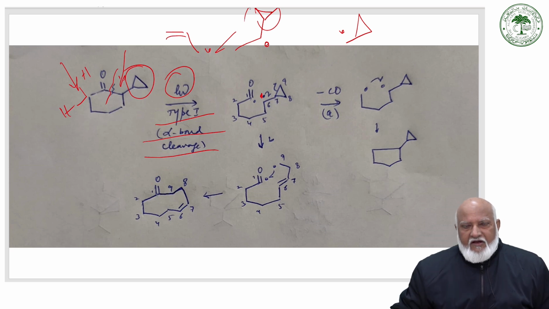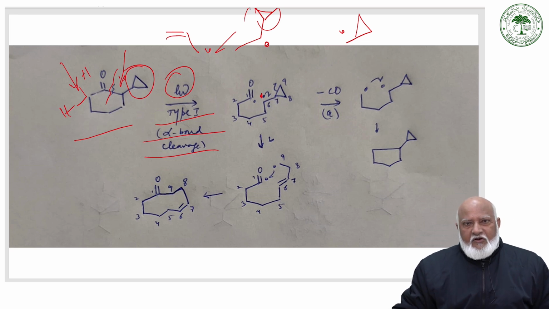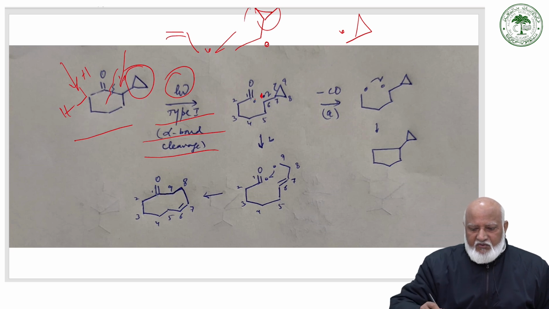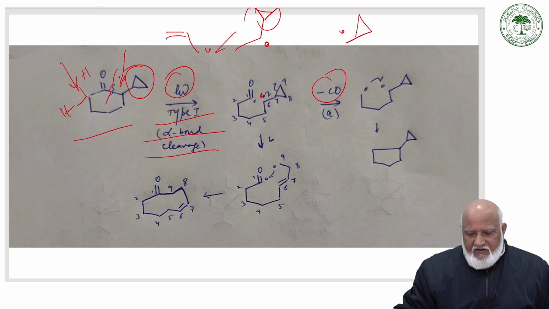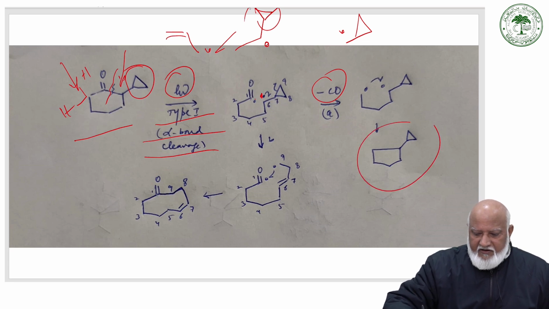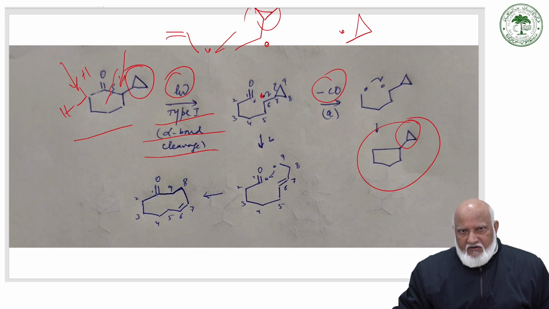So this moiety, alpha-cyclopropyl substituted cyclohexanone, under photolytic condition undergoes preferential alpha bond cleavage to give a radical adjacent to the cyclopropane ring, which is more stable, and then this will undergo decarbonylation to give a diradical species. This will combine to give one of the products, cyclopentane with a cyclopropyl group as the substituent. As we have already seen in these